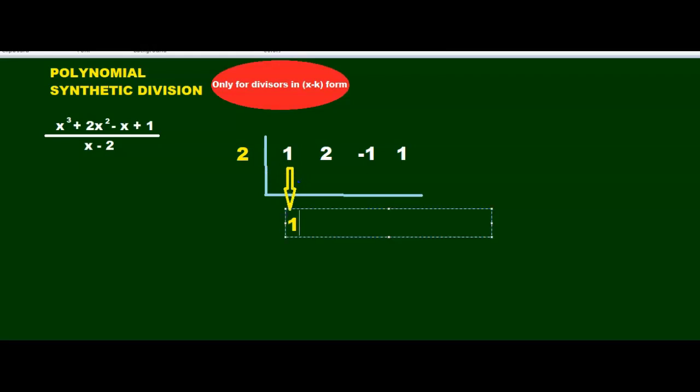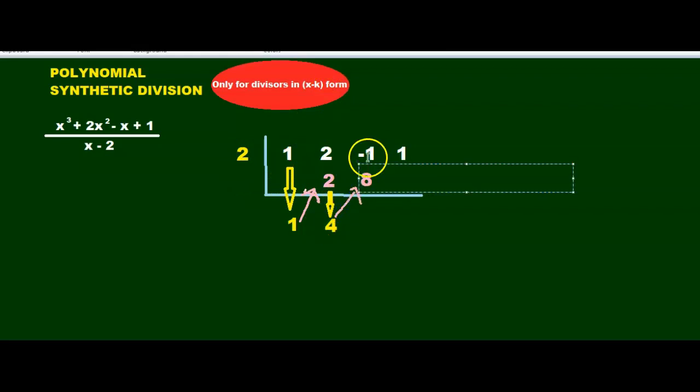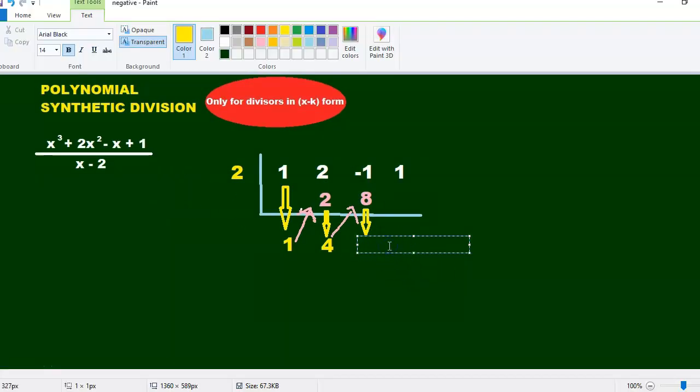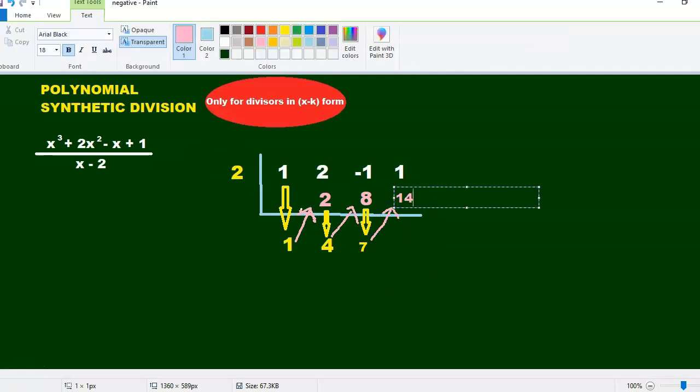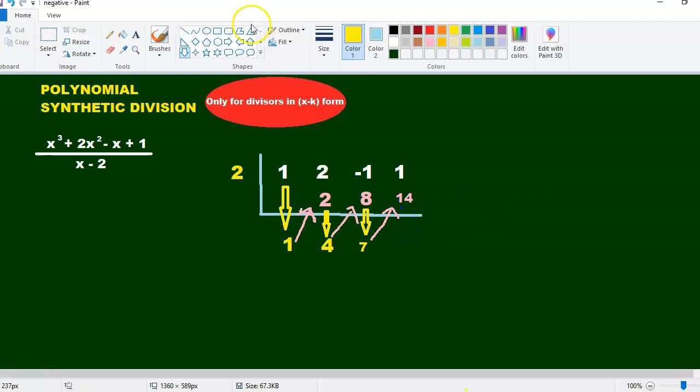What I'm going to do is bring down my first coefficient. Gives me a 1. Then I'm going to take 2 times 1 to give me 2. Then I'm going to add these two numbers. So 2 plus 2 gives me 4. Then I'm going to do the same again. 2 times 4 gives me 8. Then I'm going to add downwards. So negative 1 plus 8 gives me a positive 7. And we're going to multiply 7 times 2. That gives me 14. 14 plus 1 gives me